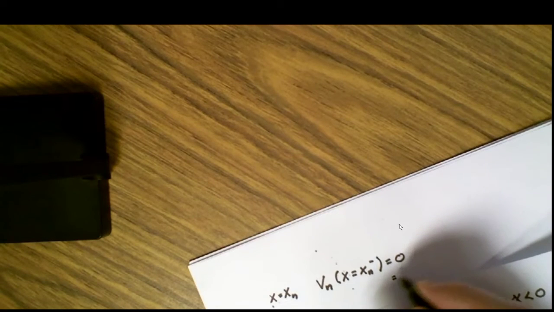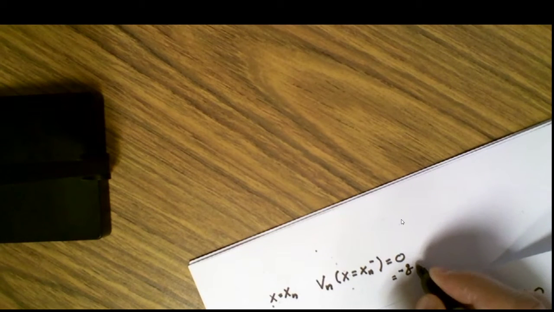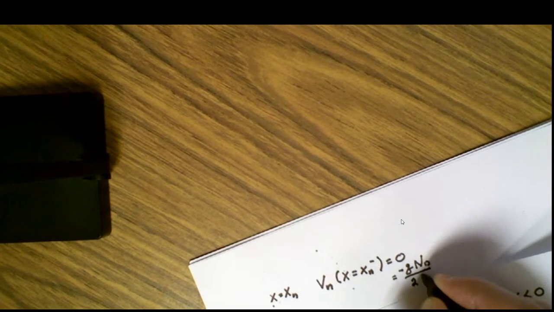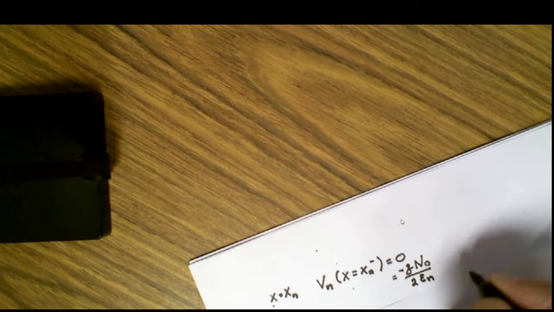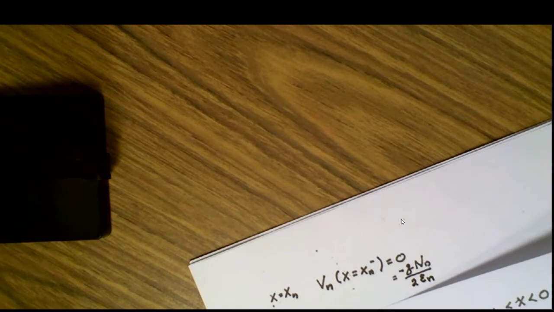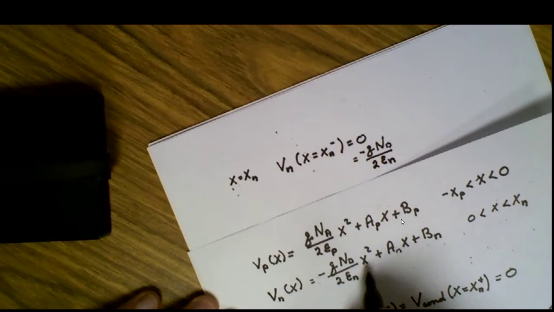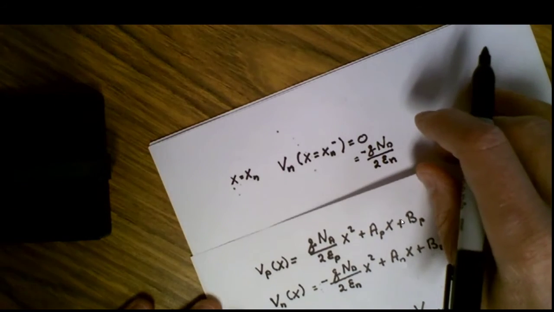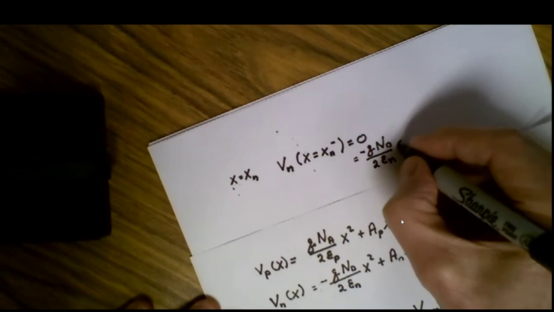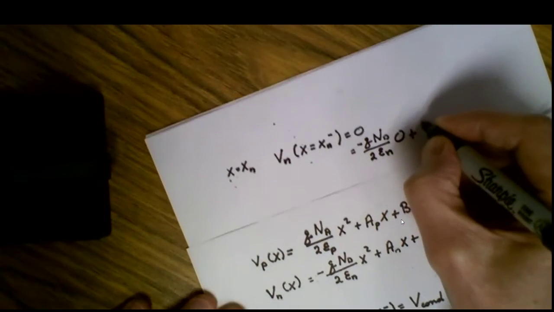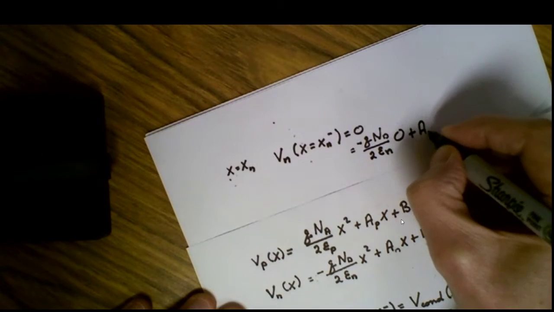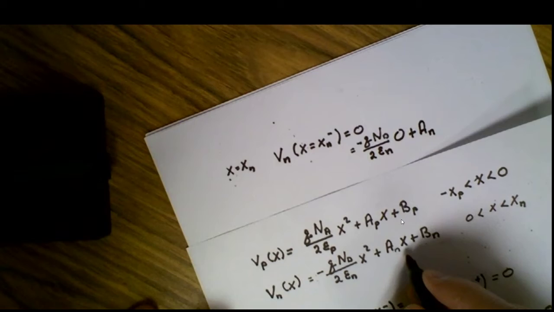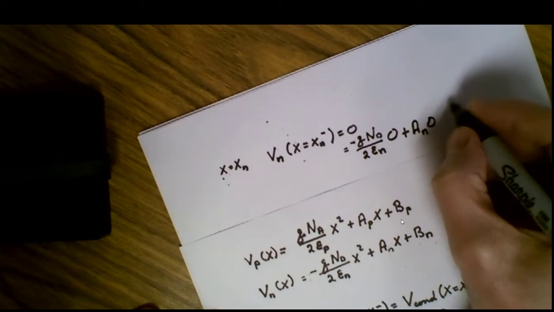This is also equal to minus q times n sub d divided by 2 times the permittivity epsilon sub n. Here we force x to be equal to 0. That's going to be 0 plus a sub n, forcing x to be equal to 0. And that's going to be equal to